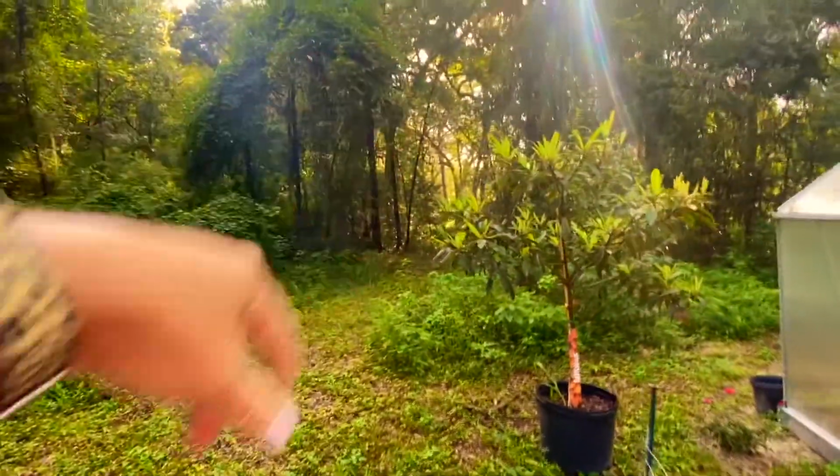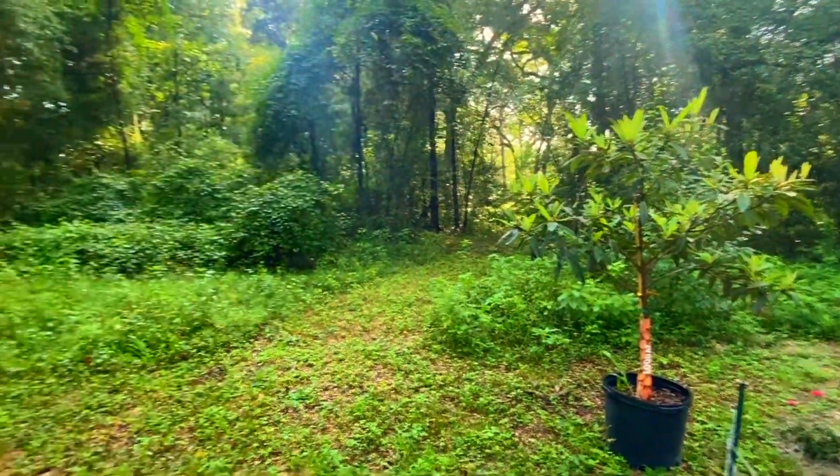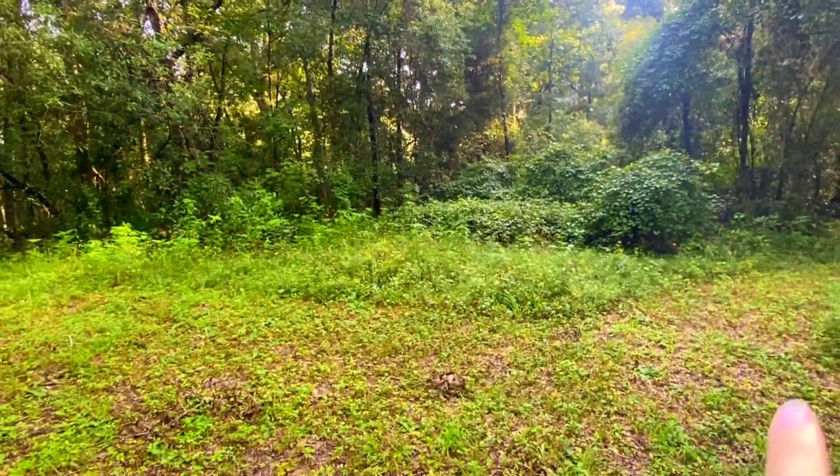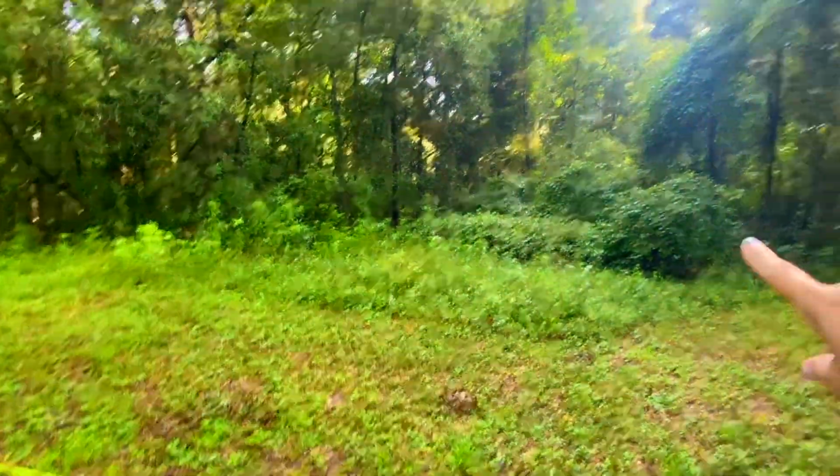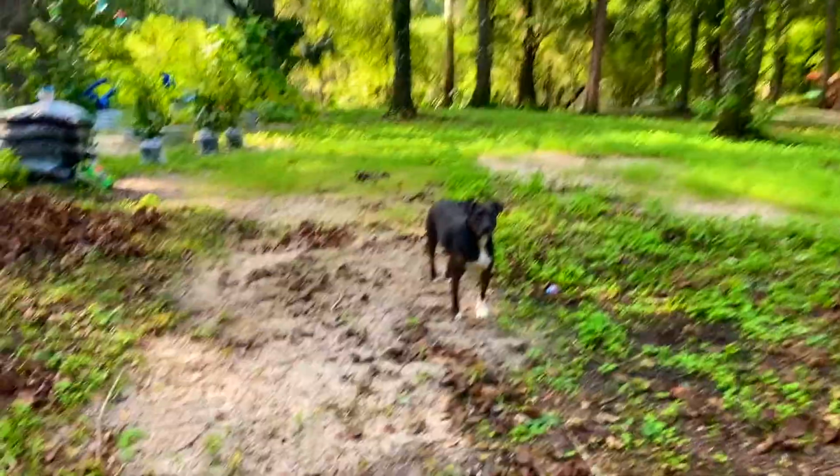And then this is the path that goes back to the river and the beach and stuff. So I just thought this would be a really cute area to put them here. I may expand my garden there because I do get quite a bit of...